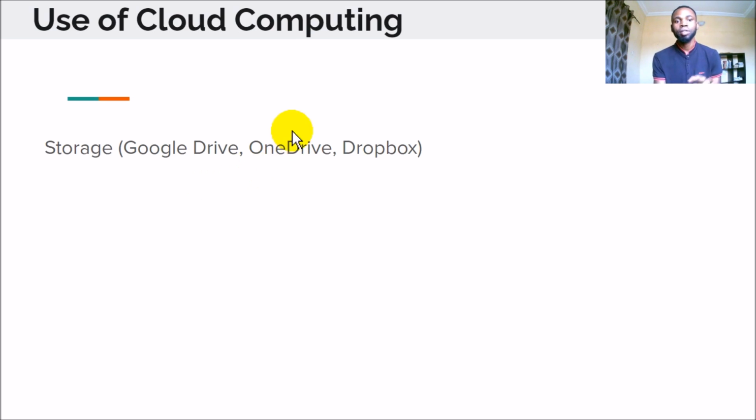OneDrive is owned by Microsoft. They also have their own space. I think OneDrive gives like 5 gig of free space. Then if you want more, you can upgrade and buy space from them. Dropbox is an independent company, with the same procedure, helping you store your files on the cloud. So you can use cloud computing for storage capacity, and also as a hosting platform.